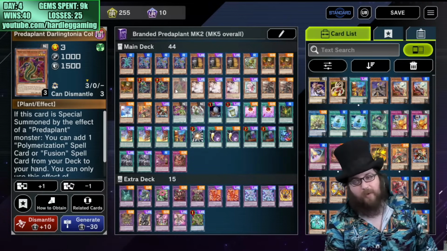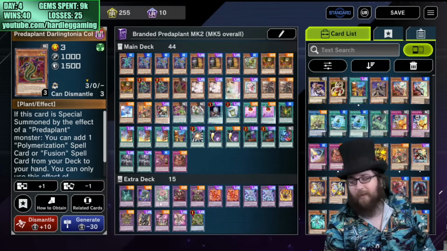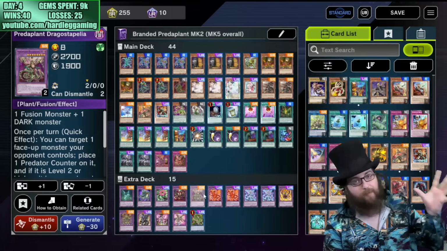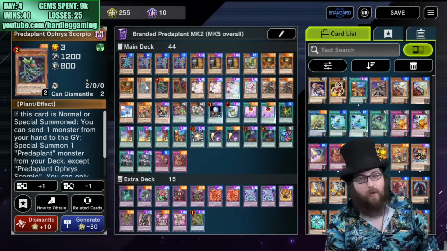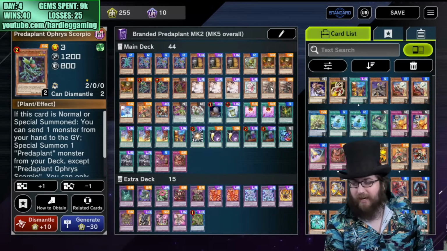because doing that combo will not only get you to branded fusion anyway through Darlingtonia Cobra, but it'll do so while doing Predaplant stuff, which will allow you to end on an additional Dragostapelia plus whatever else you got. At least. Sometimes you can do more. Sometimes you can pendulum summon and stuff. So we're gonna focus more on the Predaplant version while still having the branded fusion in there and a couple